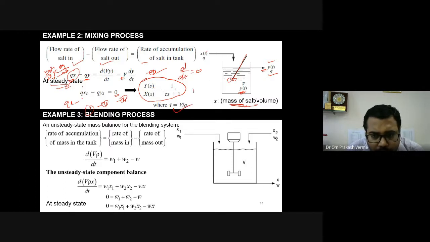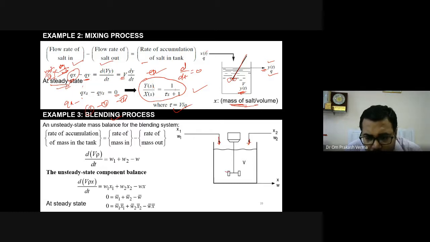Okay, so you may find it like this. Okay, next example is a blending process. Blending process is again the mixing process. This is one example of a mixing process where we have taken two different flows, and they are going to mix